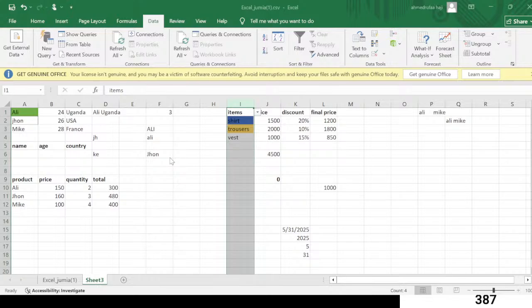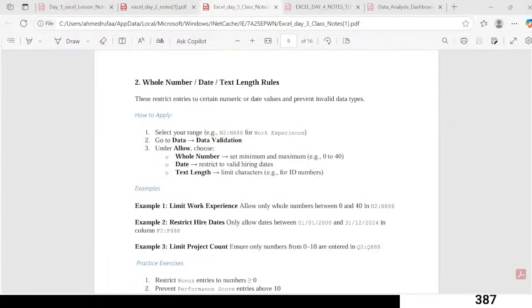You have decimals, you have list, whole numbers. So these are the types of data validation. Okay. Now let's go back to our notes. When we go back to our notes, we see